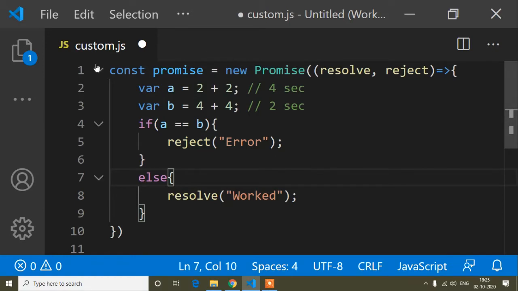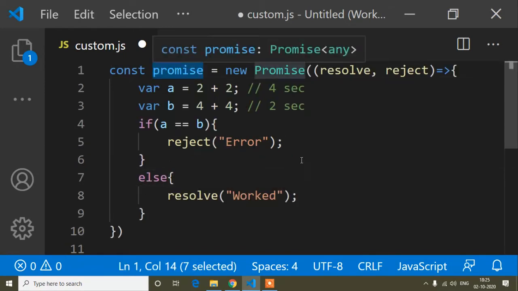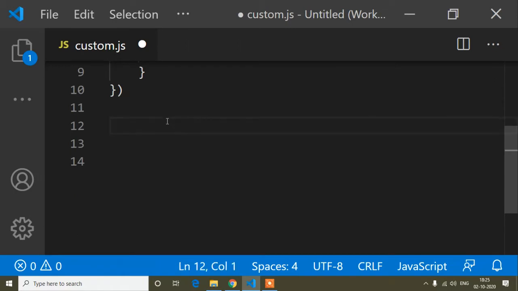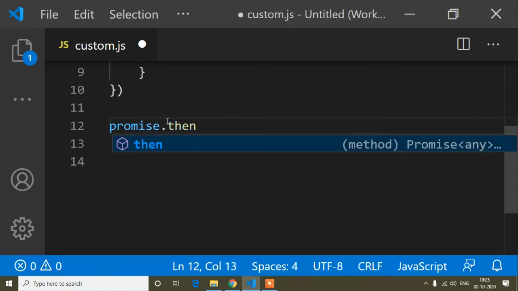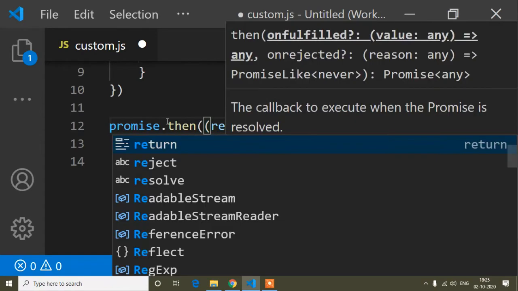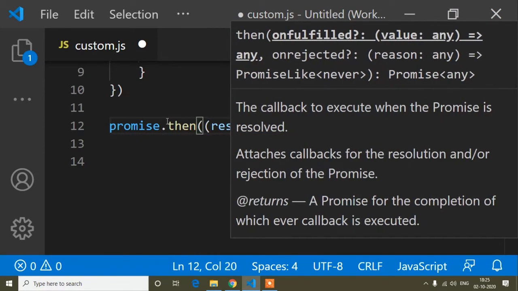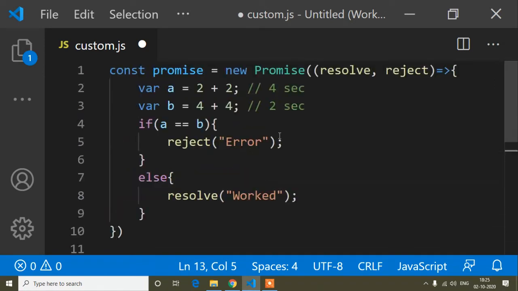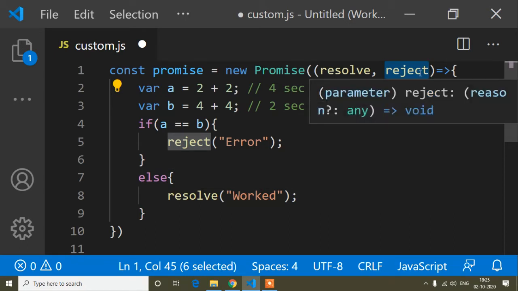So I have created a promise. Now I have to execute this promise. For that, I will copy the variable where I defined the promise, and write promise dot then. Then also takes a parameter, and the parameter name can be anything. I will write race. Race is the parameter, but you can write anything, and here also you can write any name. But the first one denotes resolve, meaning your function executed properly, and the other parameter denotes reject, meaning your function did not execute properly, that is, it's an error.